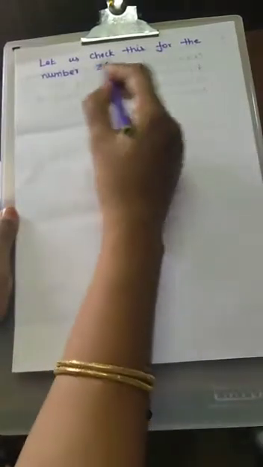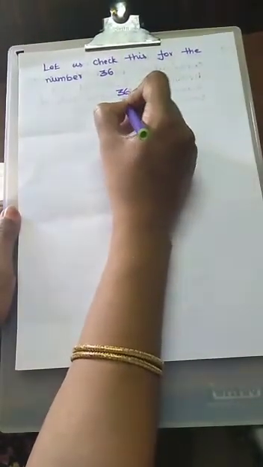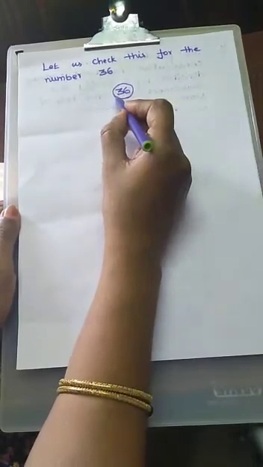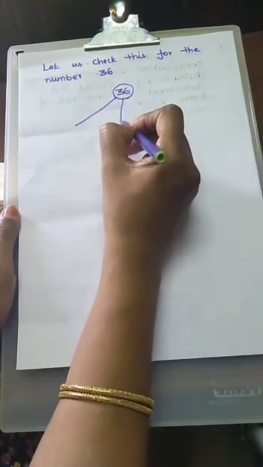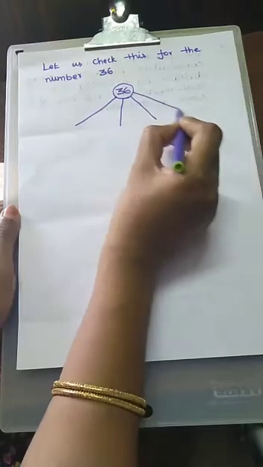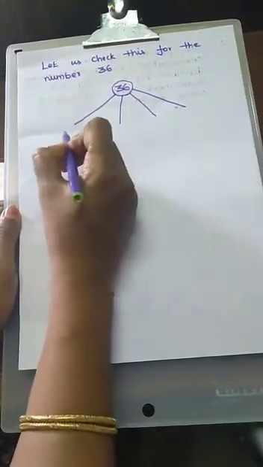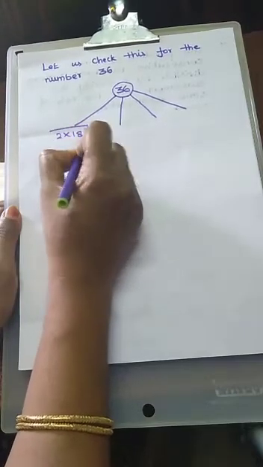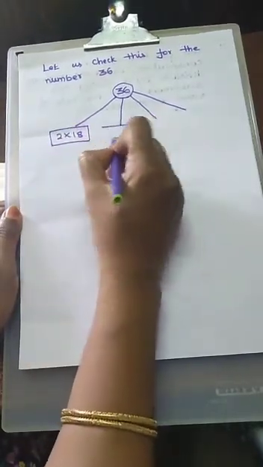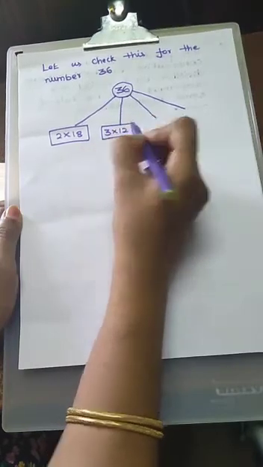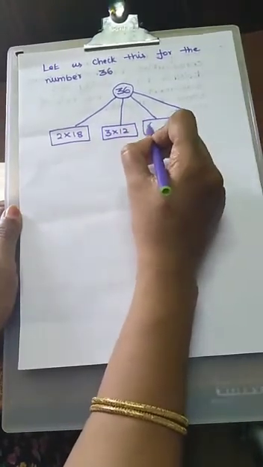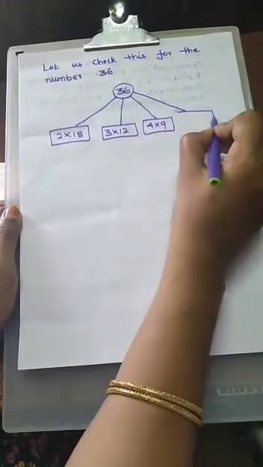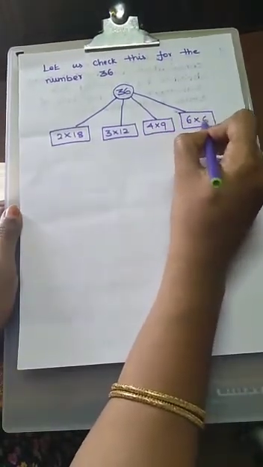Now we are going to find the prime factorization of 36 using the factor tree. Okay. First we have to choose the number 36. How can we split the number 36 actually? What are the factors of 36? Using 4 ways we have to split the value. First directly we write 2 into 18. Okay, this is one way. Another way, 3 into 12. The next one is 4 into 9. Another one is 6 into 6.